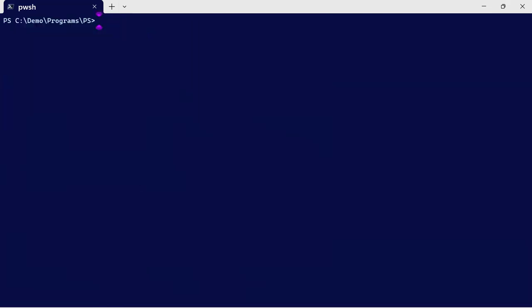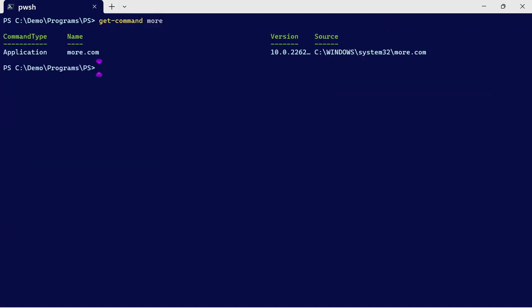The reason is this: if I say Get-Alias more, more is not an alias, okay? So Get-Command more. More is a command; more.com is an application, it's a binary. So Get-Command -